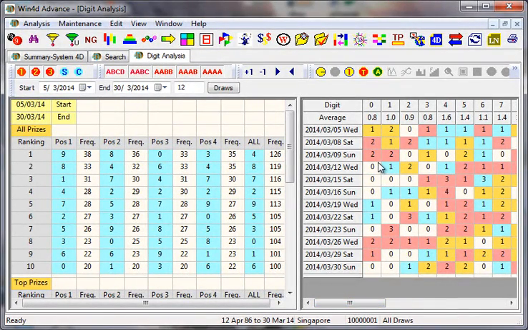Now, as you can see for yourself right now, if I were to take a look at the